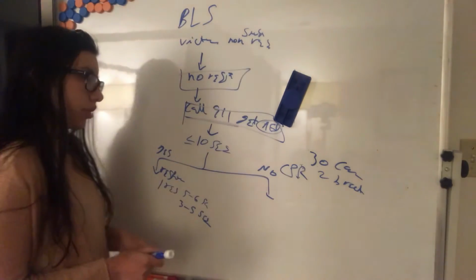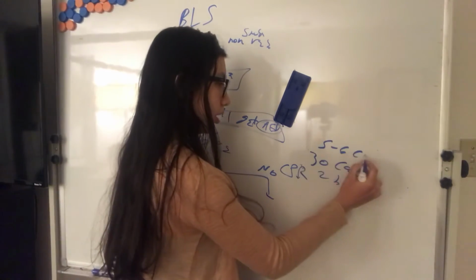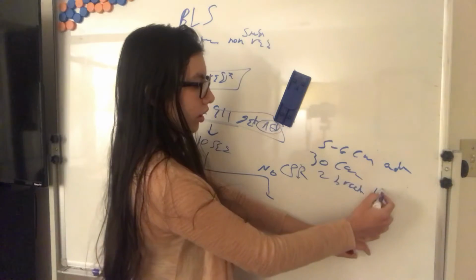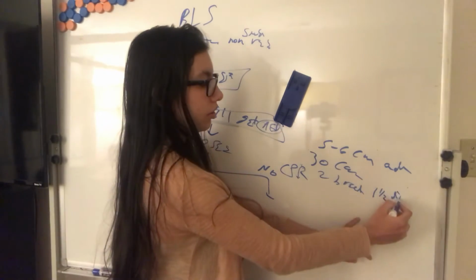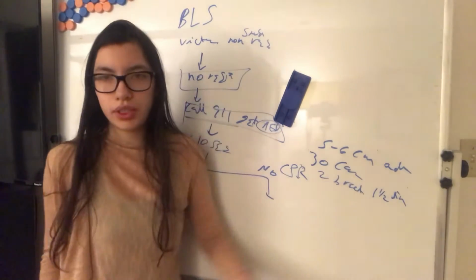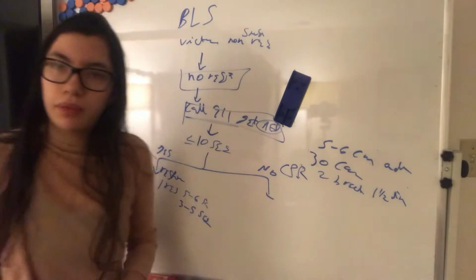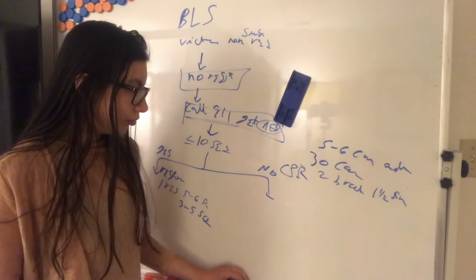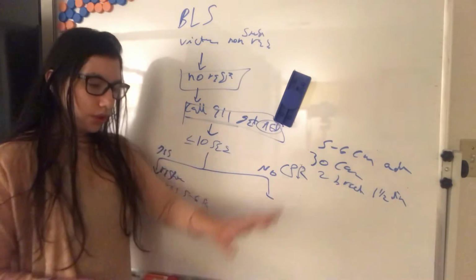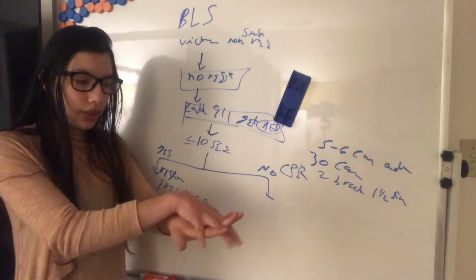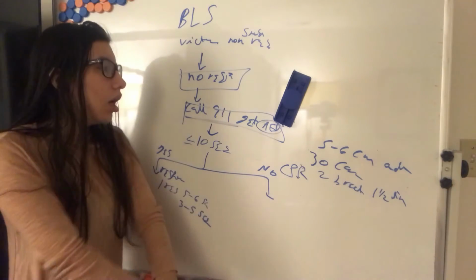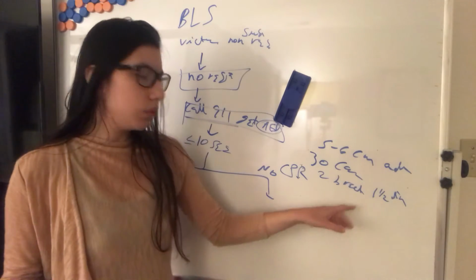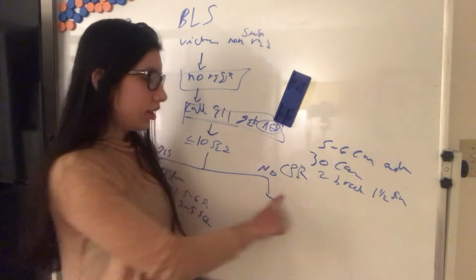The quality of compression is 5 to 6 centimeters of depth for an adult and 1.5 inch for a child, for a baby. Sorry, a baby. For CPR, you put one hand like this, the other like this, and you begin CPR. In the adult it is on the center of the chest; on the baby you trace the line of the